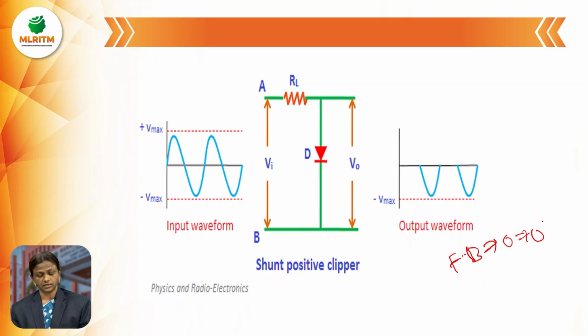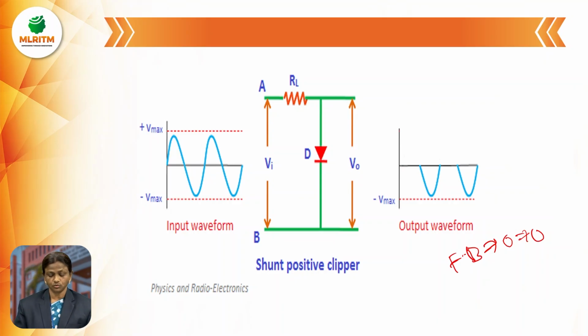So during the positive half cycle, terminal A becomes positive. The positive terminal is connected to the anode of diode D, so diode D is in forward bias. In shunt connection, whenever diode D is in forward bias, it acts as an open circuit. But in series connection, whenever diode D is in forward bias, it conducts, and then you can get the corresponding output V naught. But in shunt or parallel connection, whenever diode D is in forward bias, it acts as an open circuit, so current equals 0. Whenever current equals 0, the corresponding output V naught equals 0 only.